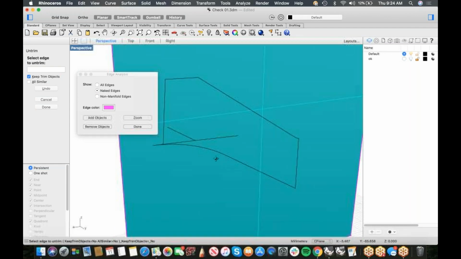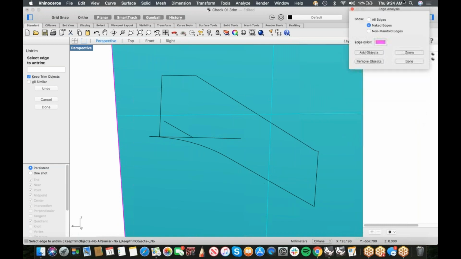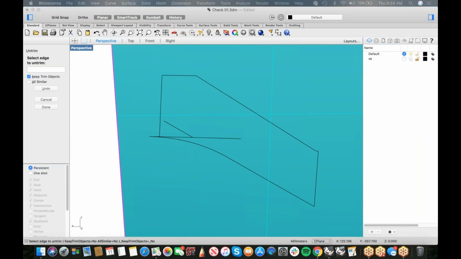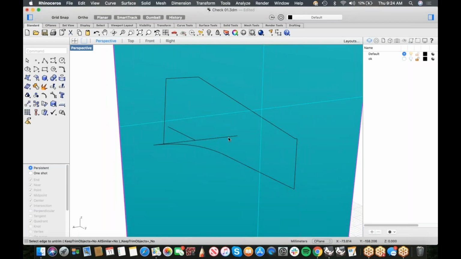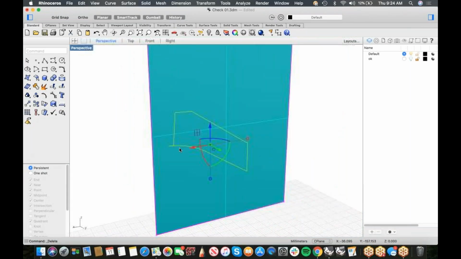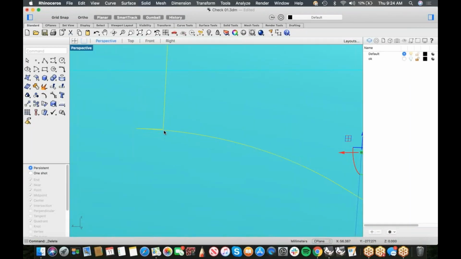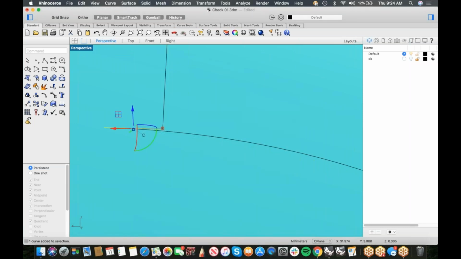And we can see that the trim boundary on this thing is a mess. I'm going to hide this over here for a second. Actually, I'm going to throw this on another screen so it's out of the way. We can see that the trim boundary is a mess, right? And so if I pick the trim boundary, I can say, okay, well, that makes no sense. That makes no sense. This entire trim here is probably a problem. So I can do a couple of things. I can explode this curve. I can delete that, and I can delete that, and then I can connect